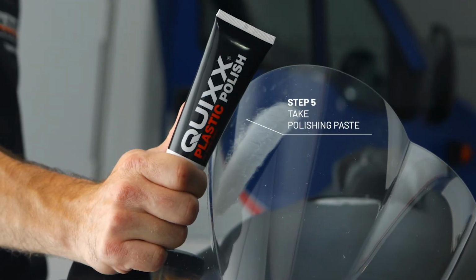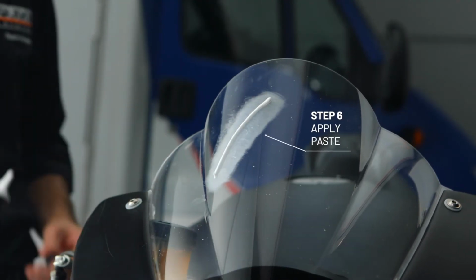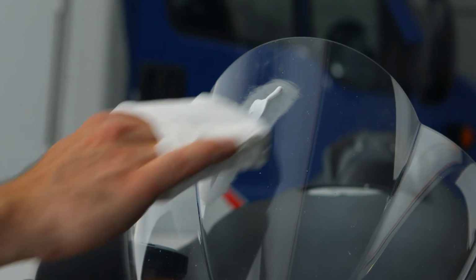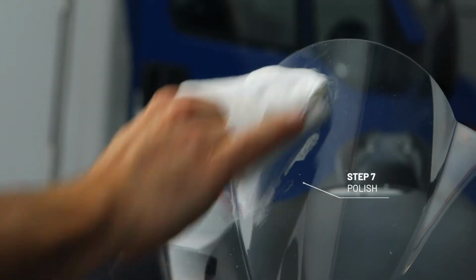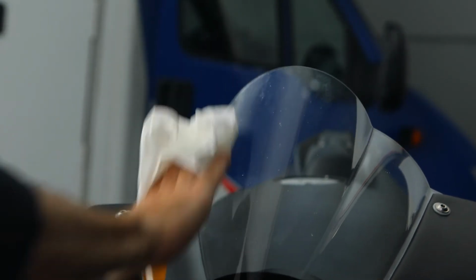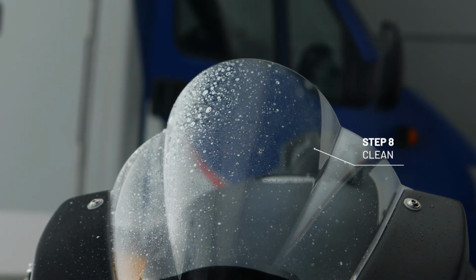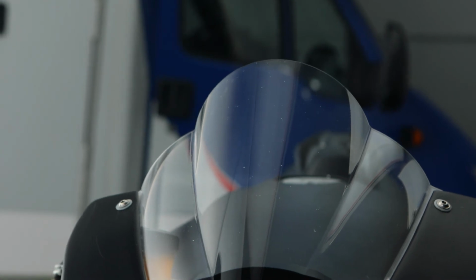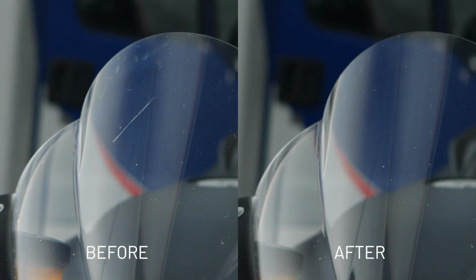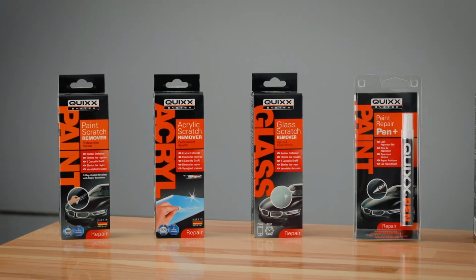Of course, the polishing paste needs to be applied here too. Always polish transversely to the scratch. By cleaning the treated area from time to time, you can see if the scratch is still visible. Perfect! Professional results on the cheap and the unbeatable feeling of having done the job by yourself with the professional